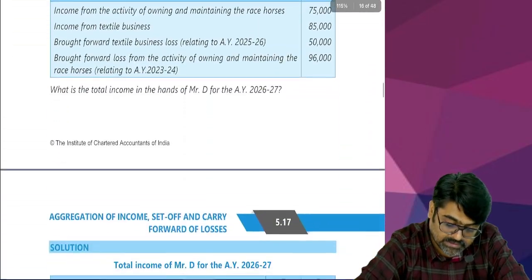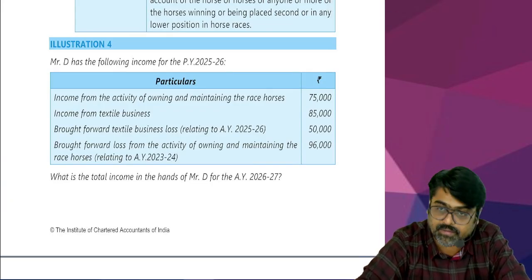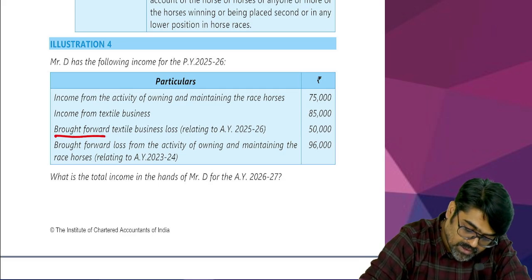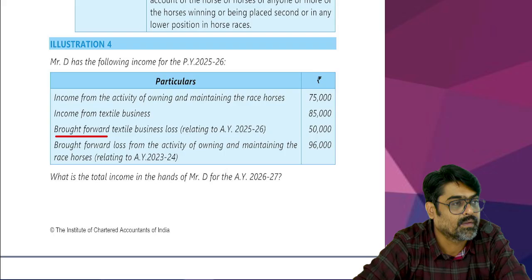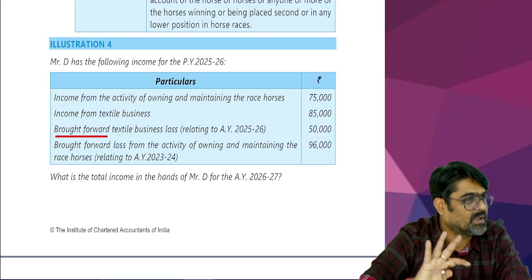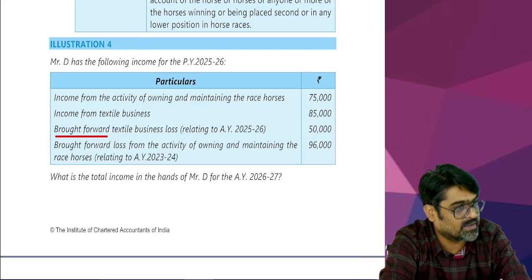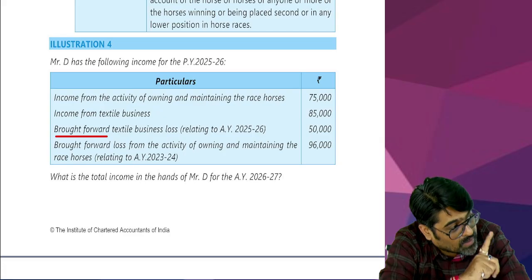Very difficult. Illustration number 4. Mr. D has following incomes for the previous year 25-26. Income from activity of owning and maintaining resource. Income from textile business. Brought forward, meaning earlier years business loss. Relating to which assessment year? Meaning last previous year. Last previous year, there was a loss. That loss was carried forward in this year, first year. Yes or no? But in this year, it will be set off only against